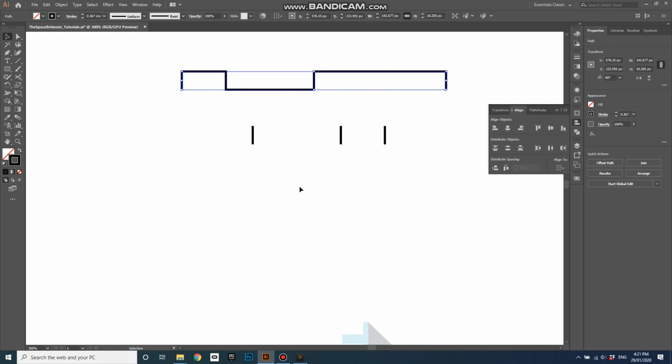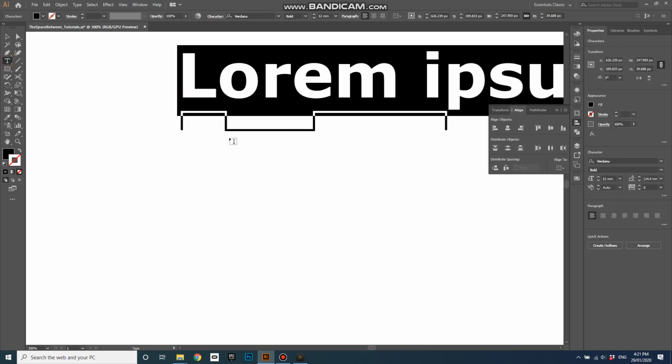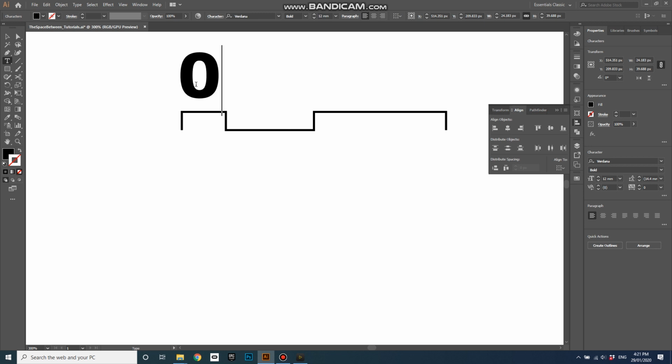Actually, before I group them, I'll just get rid of these because I don't need them anymore. Go back to my text. That's going to be huge. Type in 0, then reduce this to a reasonable size,